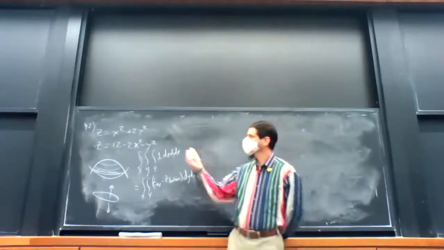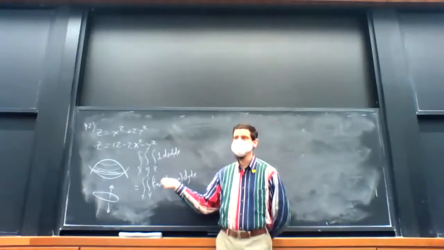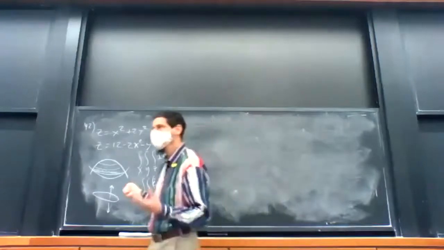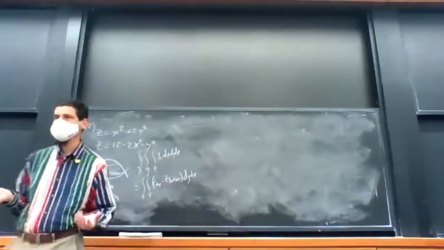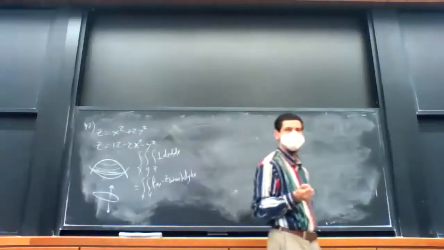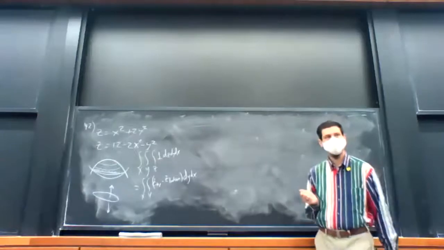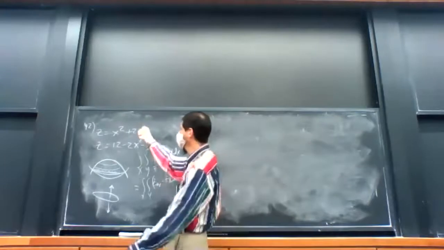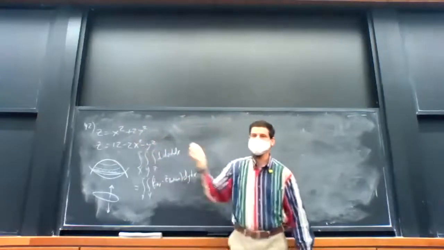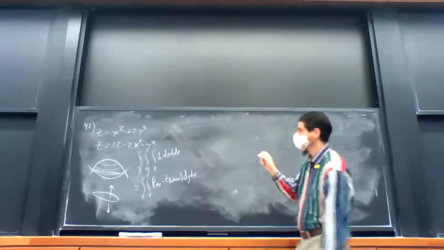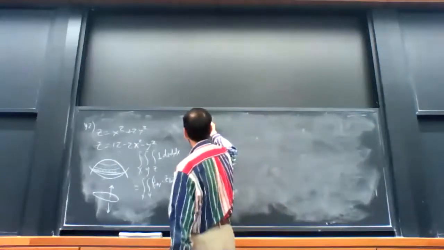So let's first figure out how do we find the region of intersection of these two paraboloids. How do we find the points that are on both of them? What do we do? How would we find the points that are on both the upper paraboloid and the bottom paraboloid? Set them equal to each other. So intersection,